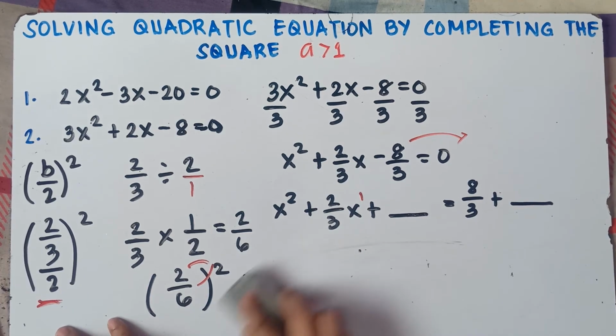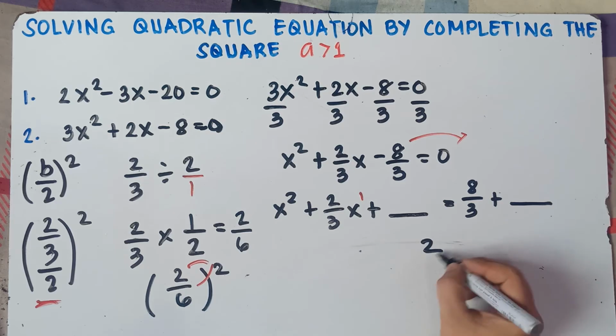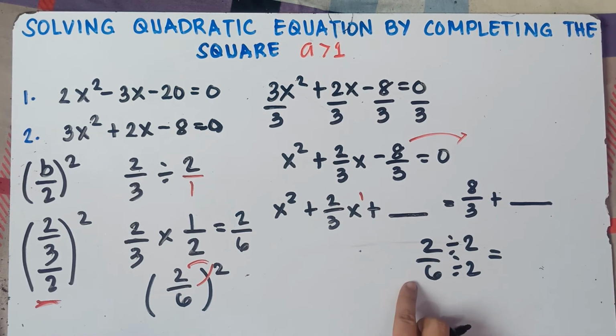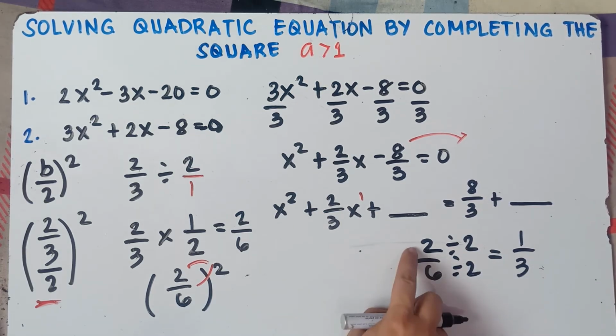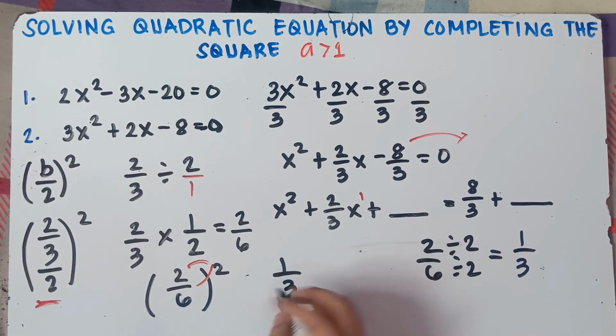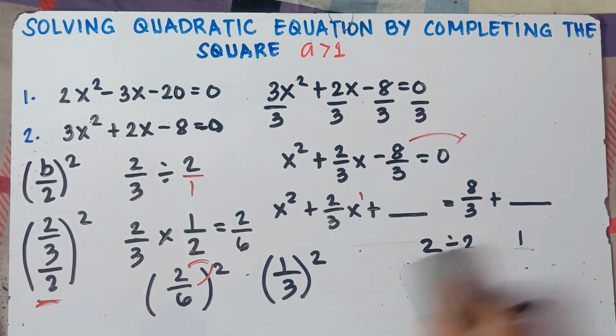So if you can reduce the fraction, class, always reduce before you do the square. So can we reduce 2 over 6? Yup. The GCF of 2 and 6 would be 2. 2 divided by 2 is 1, and 6 divided by 2 is 3. We cannot divide 2 by 6, class, we will get a decimal answer. Instead, we need to reduce. So this will be 1/3. Once again, 2 over 6 is just the same as 1/3. Then raised to the power of 2. You reduce this one first before you do the square.